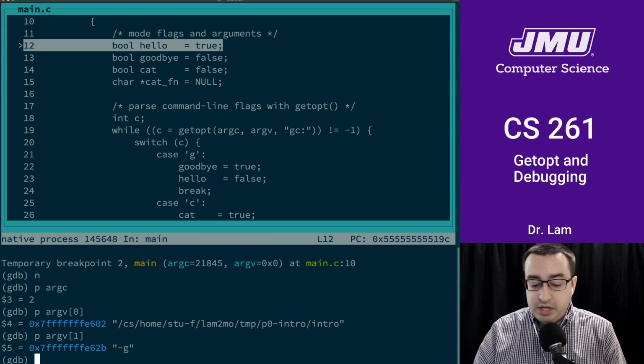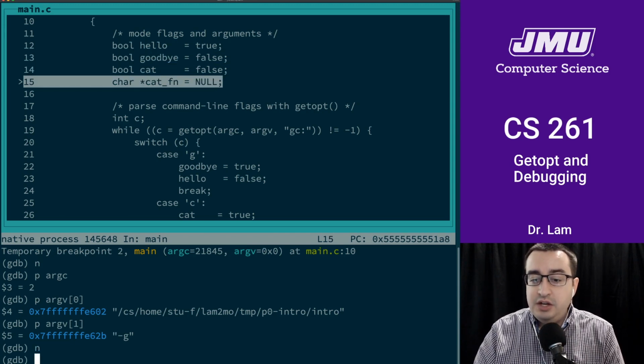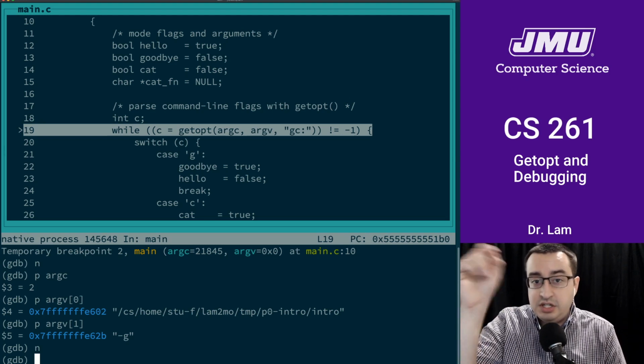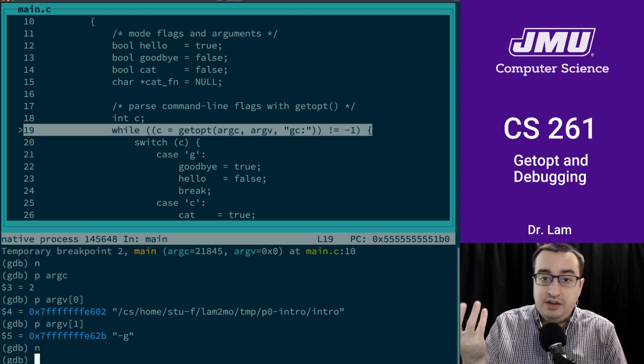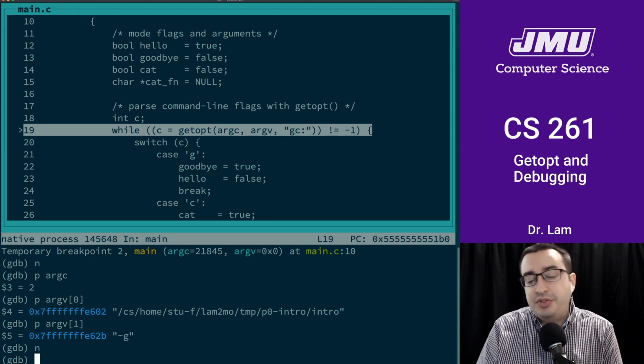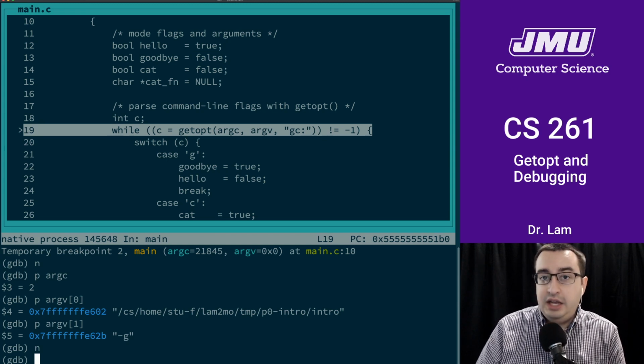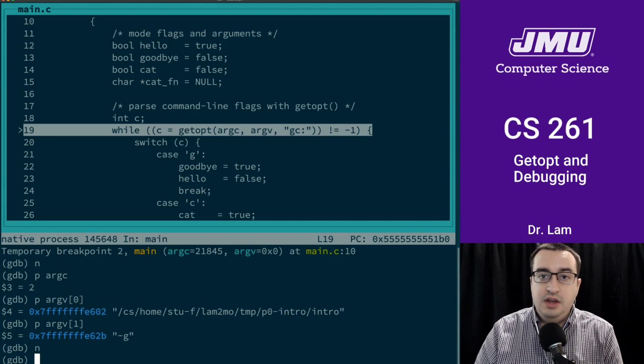We could implement this getopt loop manually and just look through argv and compare them each in turn to -g and see if we have that option. But again, like we talked about in the getopt video, there are so many corner cases and things that you have to worry about that getopt is basically handling a lot of those edge cases and weird behaviors for you, so you don't have to worry about it.